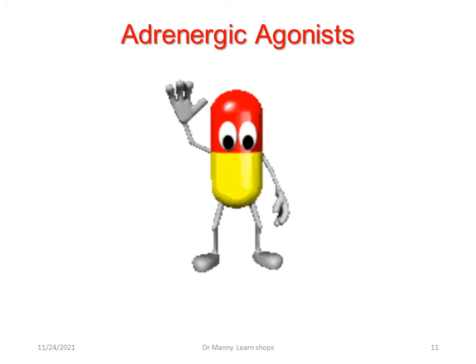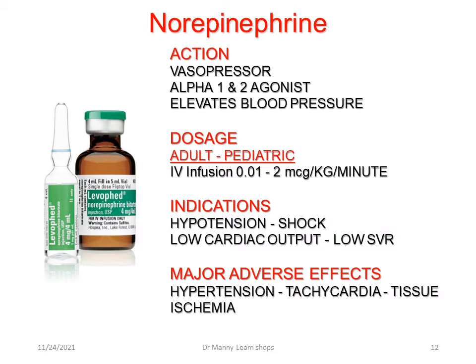Now, the adrenergic agonists that we're going to look at are norepinephrine. And norepinephrine, or noradrenaline, is a vasopressor. It's an alpha-1 and alpha-2 agonist, and it elevates your blood pressure. The dose, remember, as with previous situations, depends on your organisation. These are just generic for your information. Typically they're correct, but you need to review your organisational policy and your pharmacology or pharmaceutical organisational requirements